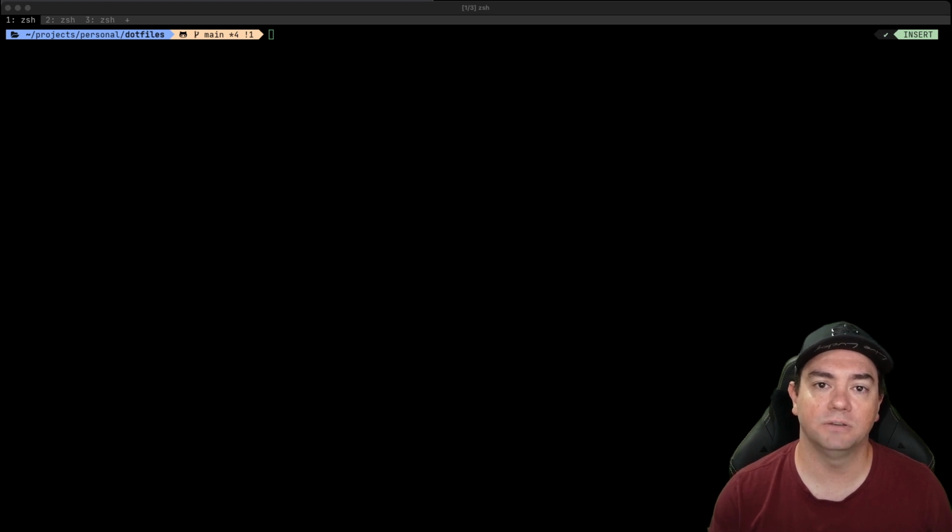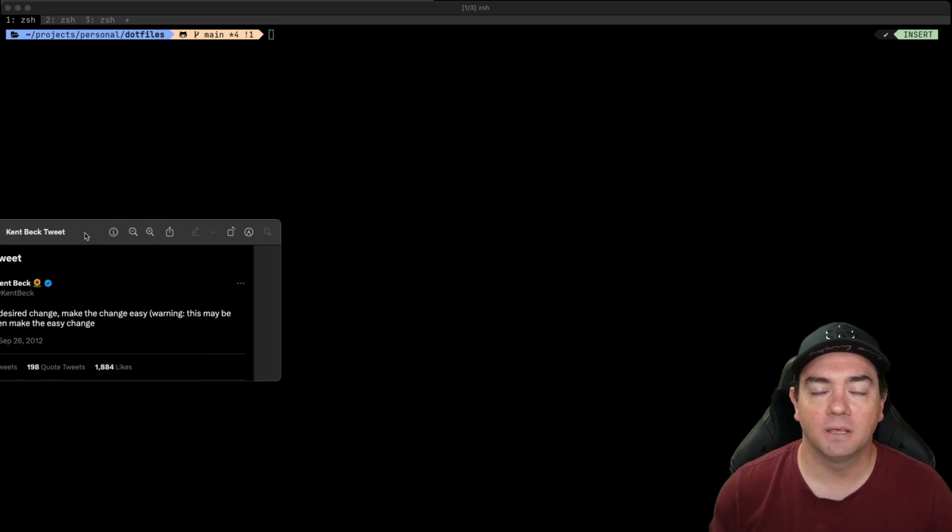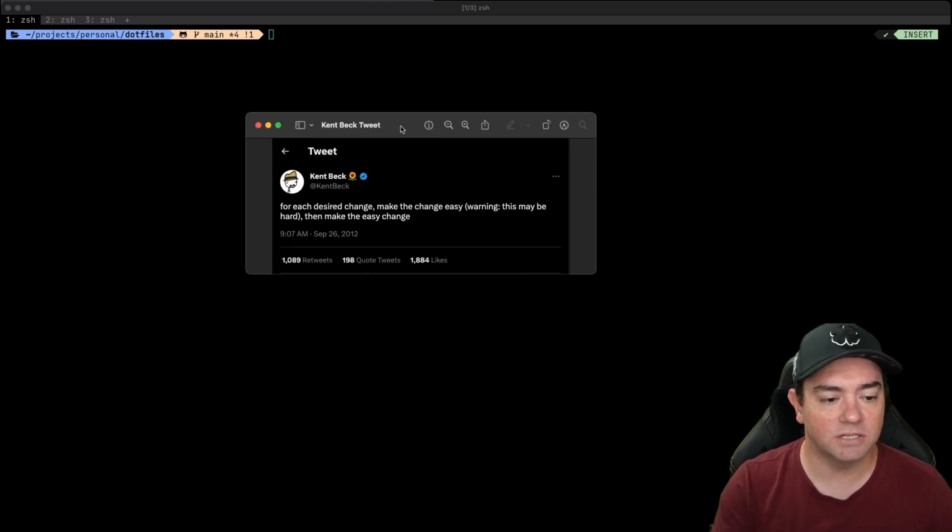Today I want to add a new LSP server to my Neovim config, but I want to use this opportunity to talk about a concept that I learned from Kent Beck. Kent tweeted this: "For each desired change, make the change easy, warning, this may be hard, then make the easy